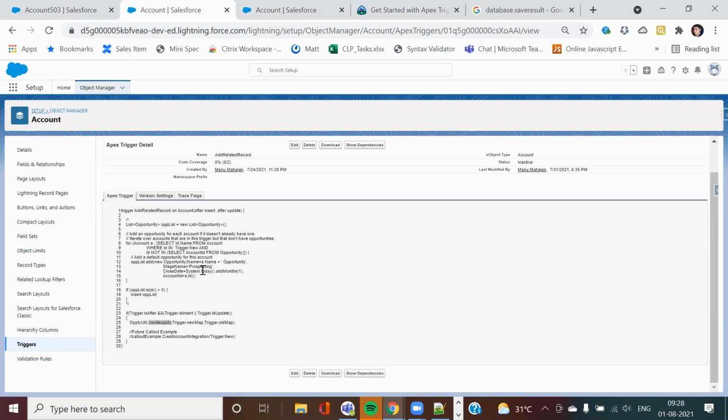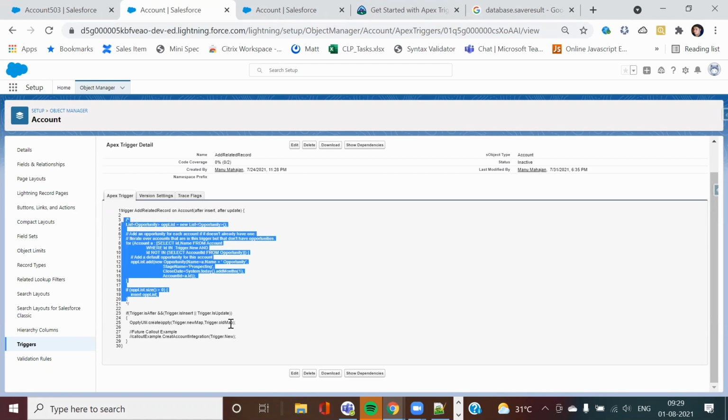One more thing I wanted to mention before I move to the class: a trigger always runs in system mode. In case I wanted to run in user mode, I need to make use of a with sharing class. Currently this one is working in system mode. That is the biggest advantage you have with a handler class. In case you are not using handler classes, the trigger will always run in system mode, so you cannot run it in user mode. You need that flexibility to run your code in either system or user mode, so always use handler classes. Plus, managing code is also much easier. So let me open this util class for you.